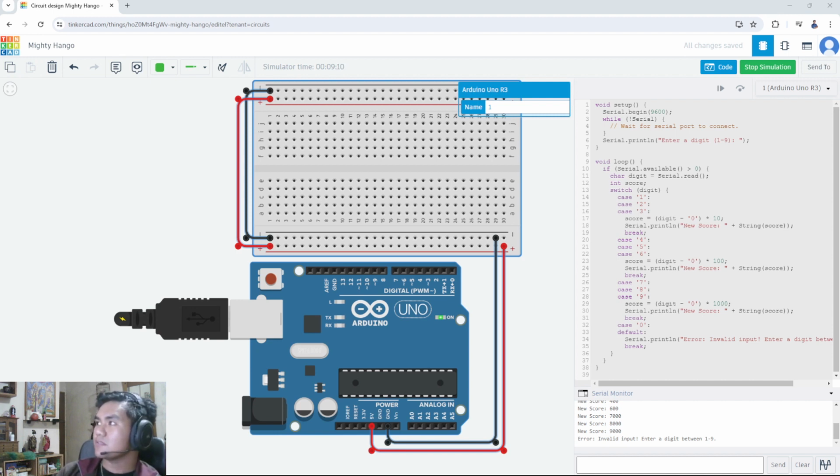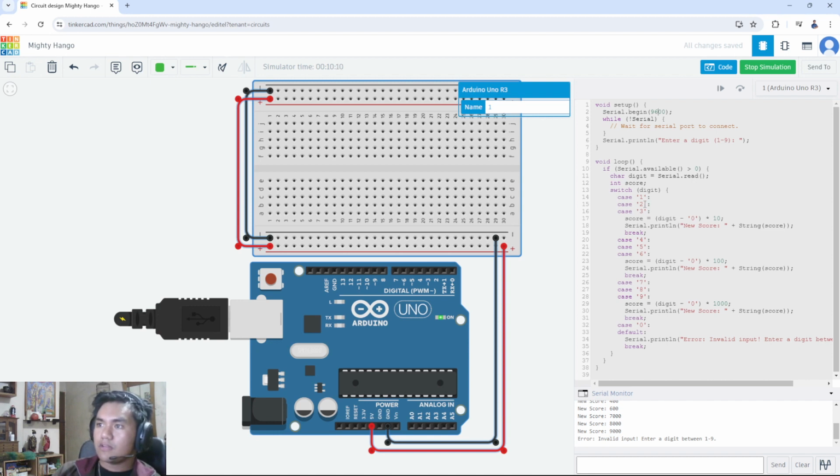We are also tasked to create two program versions, one that uses a switch statement and the other that uses a nested if-else statement, and at the end, it should print the calculated new value in the serial monitor. Okay, so for the first part of our problem, we will be using a switch case statement.